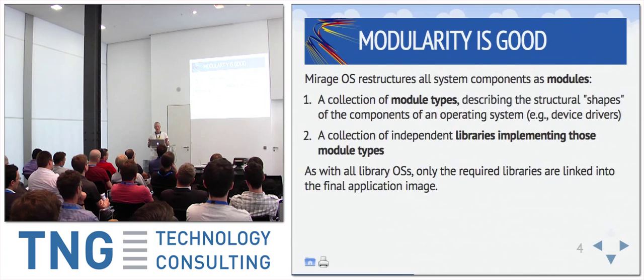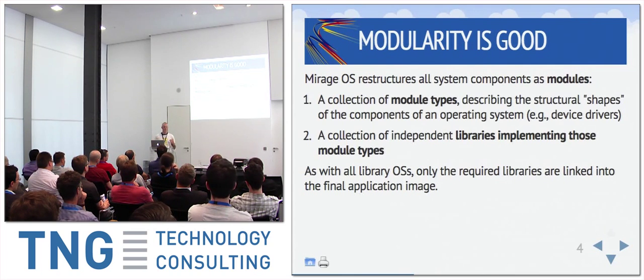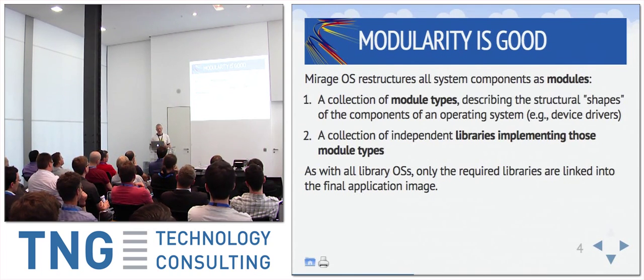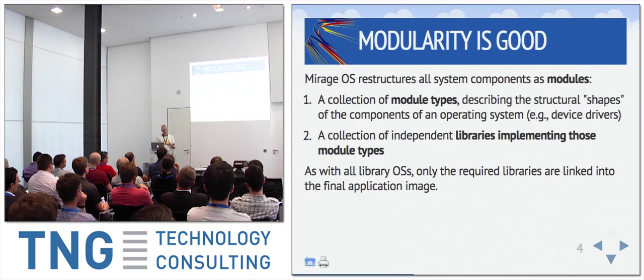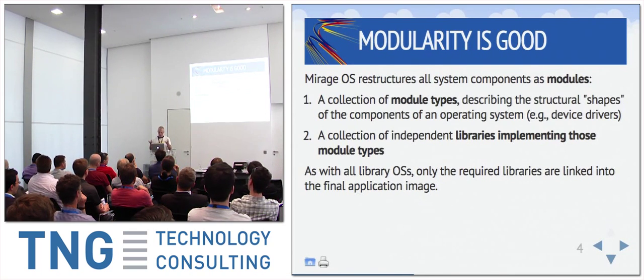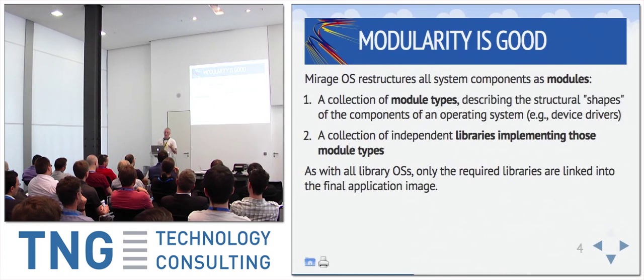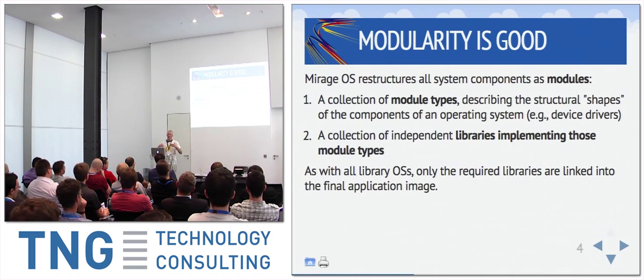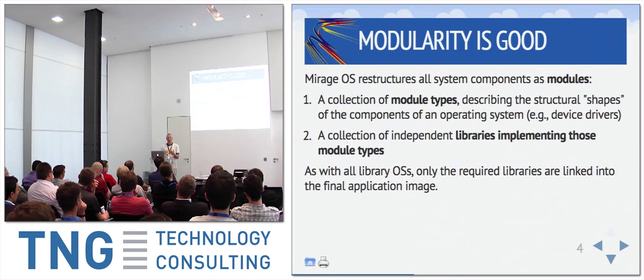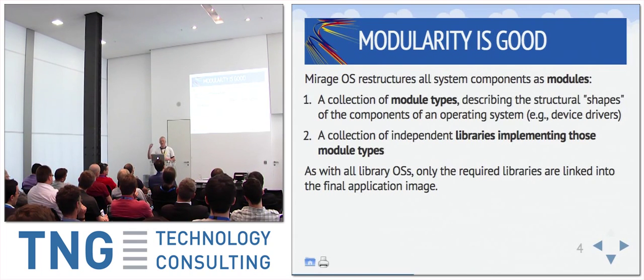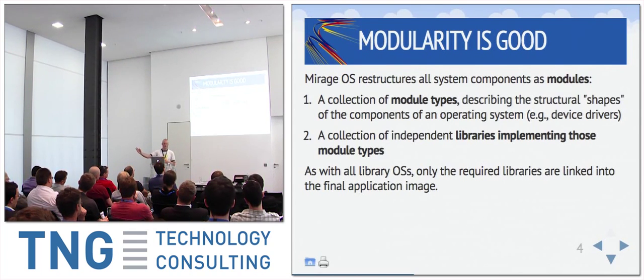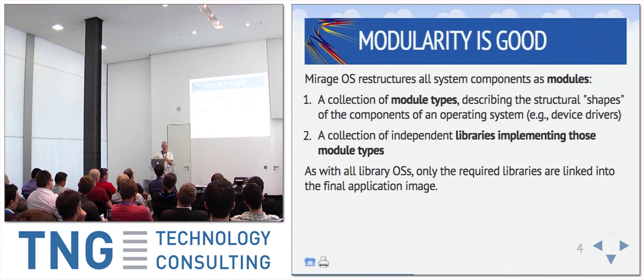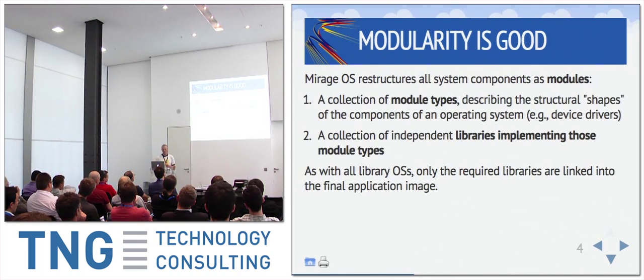And then we've got a set of independent libraries which satisfy those signatures, so they implement those types. And then the configuration and build process works out which of those libraries you want to have included into your application to satisfy those types. And because it's all expressed in the type system, the compiler can tell you, you forgot to include something that satisfies the TCP signature, so you need to find a TCP library that's going to work on this platform.